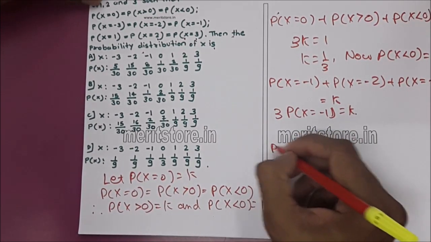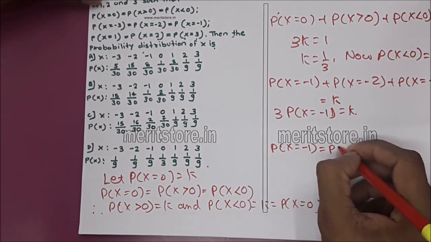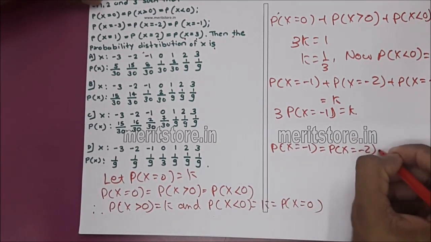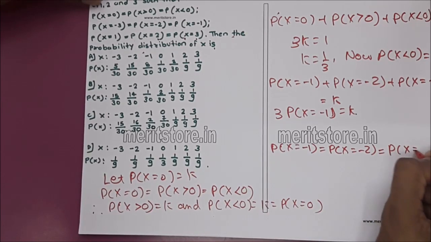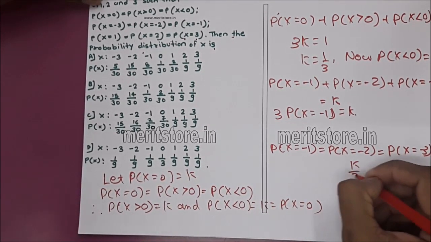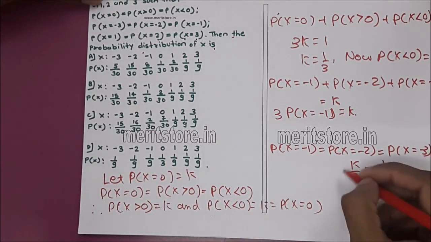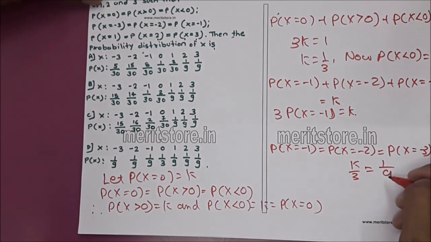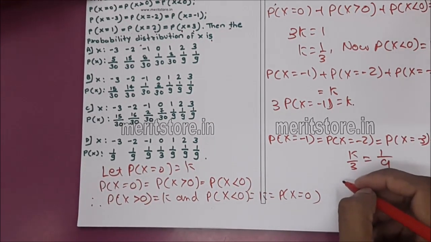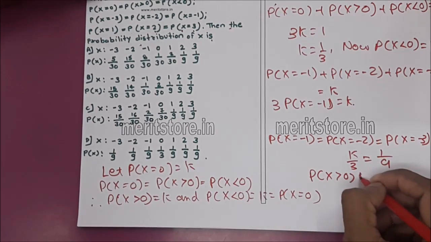So P(X = -1) = P(X = -2) = P(X = -3) = k/3, that is 1/9. We substitute the value of k, that is 1/3, in it. Similarly we can say for P(X > 0) = k,